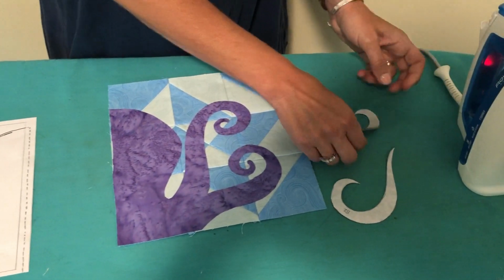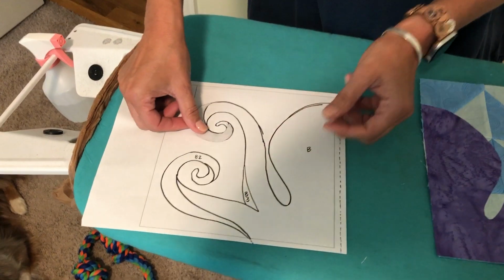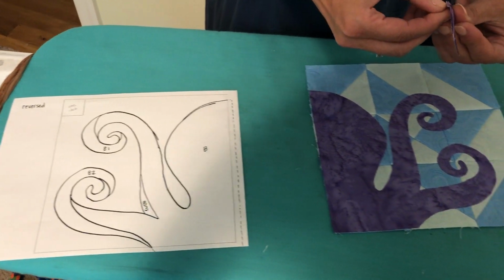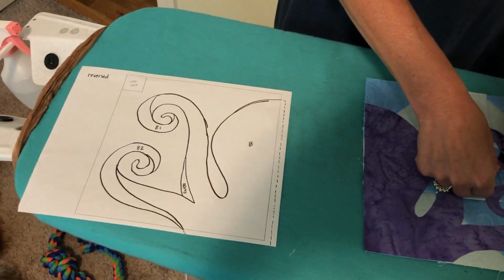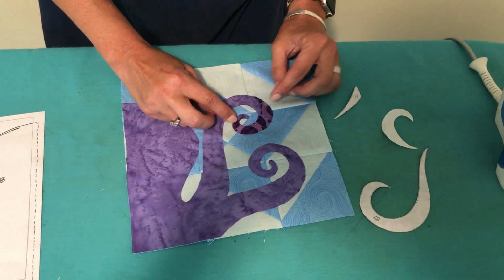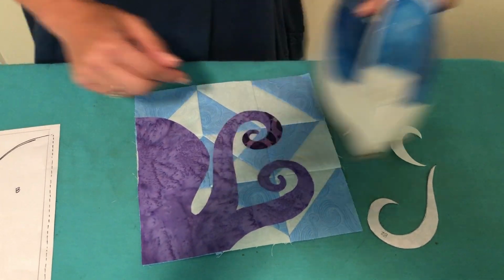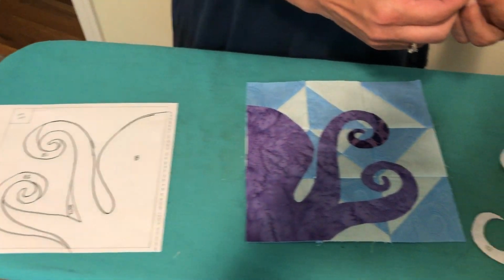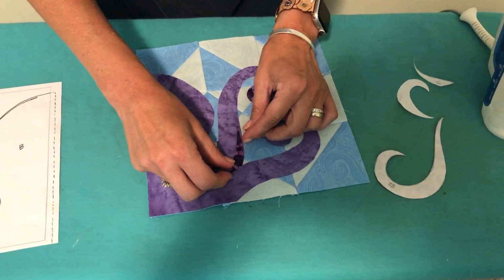The next step is adding the tentacle pieces, which you can see over here. These are my B1, 2, and 3 pieces. So same thing, you're just going to pull the paper off using your template as a guide. You determine where those belong and then iron them down. Very simple. The piece B3 goes at the crux of the two arms and helps you see that spacing